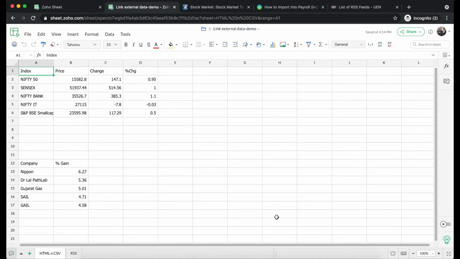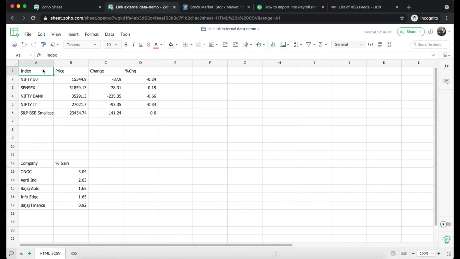As you can see, the two tables that we had selected from the dialog have been inserted into the spreadsheet. So you can see the first table on top and the second table here. And in the second table, we had excluded the second column, that is the current value column. So you can see the other two columns have been inserted here.